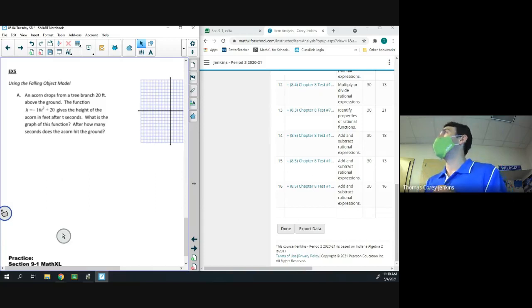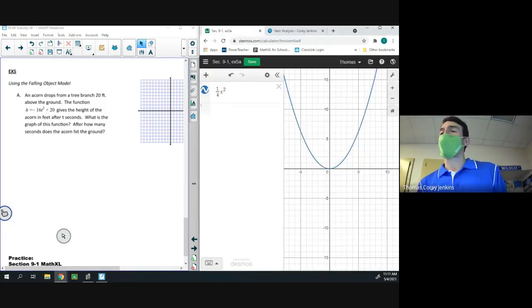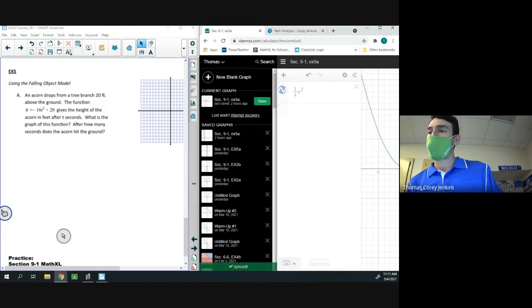All right, so I'm going to go ahead and pull up Desmos to help us graph it and to also help us answer that question. I will say before I do that, though, this is the word problem from this chapter. It's always the falling object problem. Again, think back to our preview, the basketball in the air, right? It goes up, it comes down. So a parabola is a good model of this kind of scenario. So you'll see this problem come back again and again. All right. Anyways, as far as graphing it goes, I'm going to go ahead and pull up